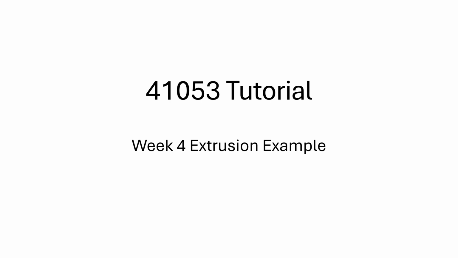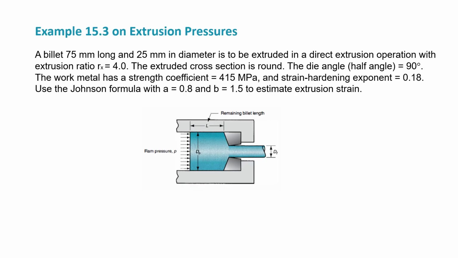Okay, so this example is on the extrusion process. In this example, we have a pellet that is 75 millimeters long and 25 millimeters in diameter, to be extruded. Remember what the extrusion process is. This type is going to be direct extrusion. You remember in direct extrusion, the pellet will be moving in the same direction as the ram that pushes it through the die's opening. The extrusion ratio given to us here is going to be equal to 4,